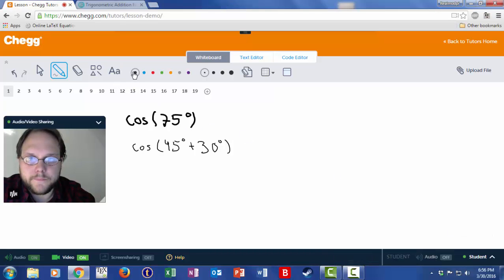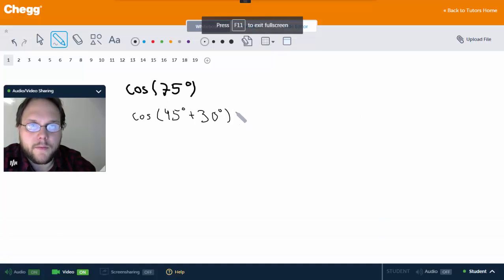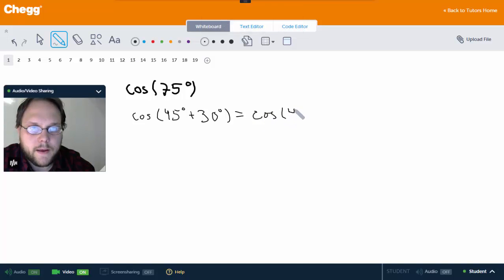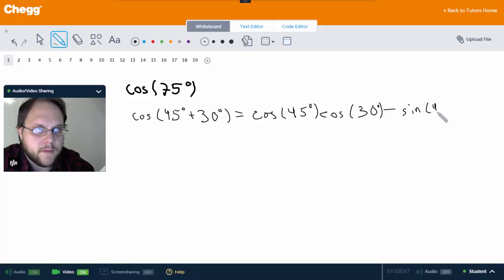Okay. So what we have here, we're going to have cosine 45 degrees times cosine of 30 degrees minus sine of 45 degrees times sine of 30 degrees. Now we can find each of these exactly